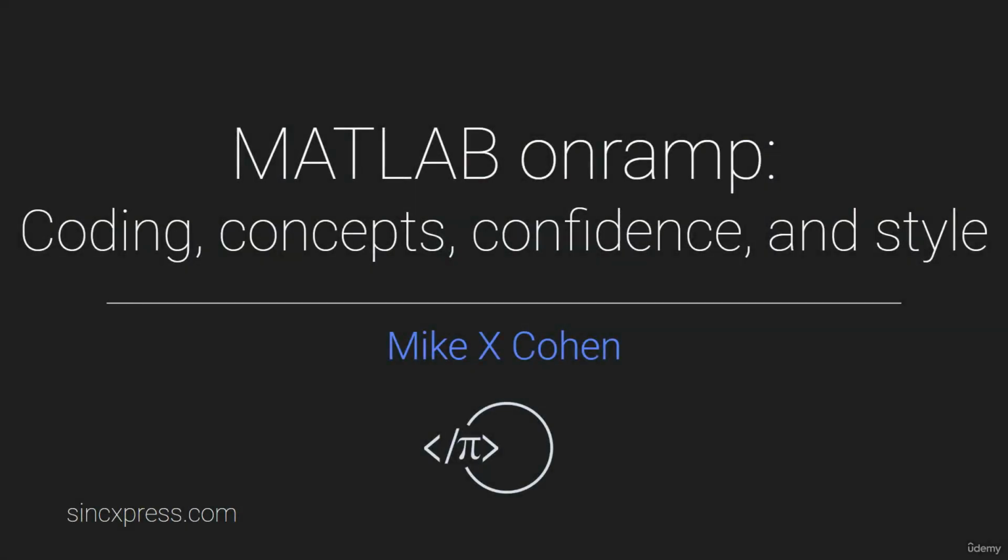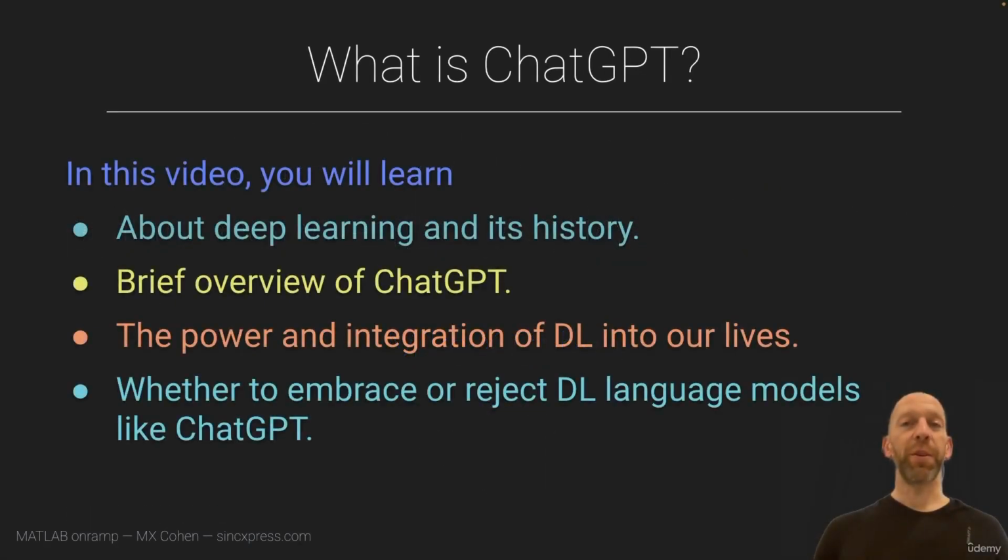ChatGPT is a mathematical model that falls under the umbrella of deep learning. Now, this is not a course on deep learning. I have another much longer course on that. So I'm not going to teach you how deep learning works, but it is important for you to have at least a high level understanding of how deep learning models work. That's important because understanding about the models will help you appreciate what ChatGPT is and what it's not good for.